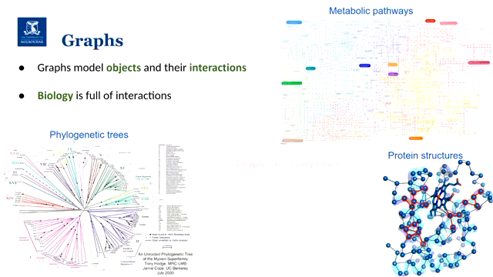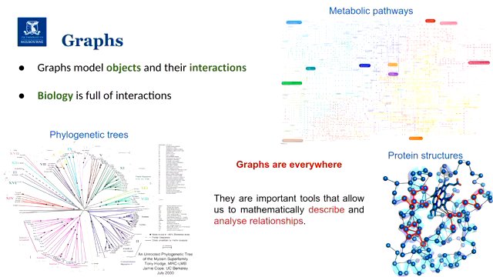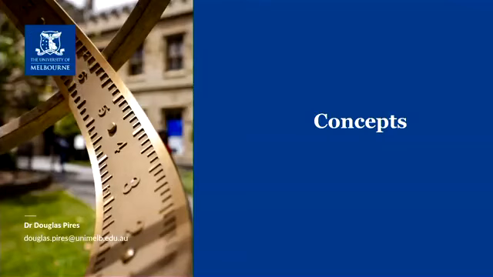So just the general message here is graphs are everywhere, especially in biology, but also in our day-to-day lives. You can model a map, so cities connected by roads, and ask the question of how we best route between cities. We have social networks, physical networks, computers connected by a network, and so on and so forth. There are different problems that are naturally modeled as graphs. And they are very important mathematical tools to describe and analyze these relationships.